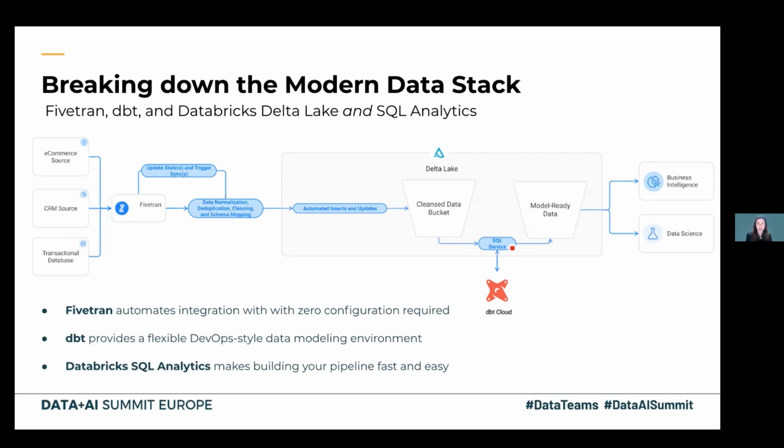And then DBT can connect to that schema on Delta Lake and run a set of data transformations that convert that data into whatever data format you want to communicate with the rest of your data stack. That might be a series of data marts or data hubs or anything that's ready for your semantic layer to put into a business intelligence dashboard or even to feed a data science workflow.